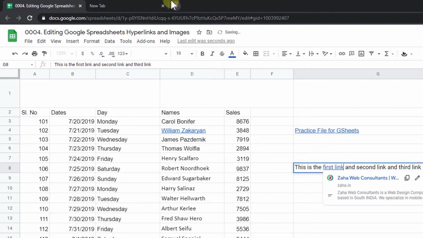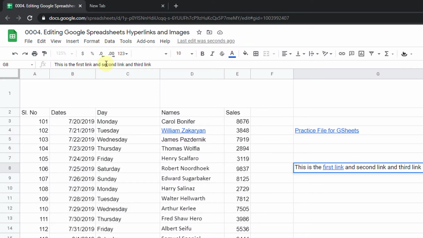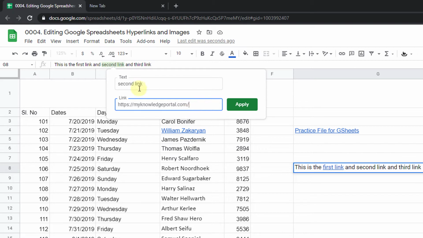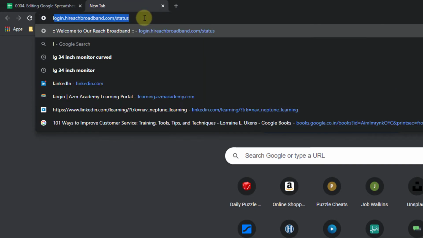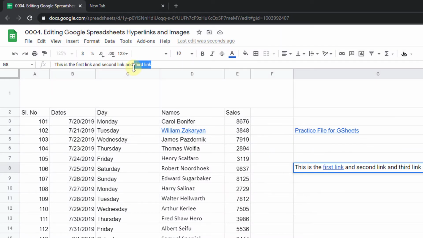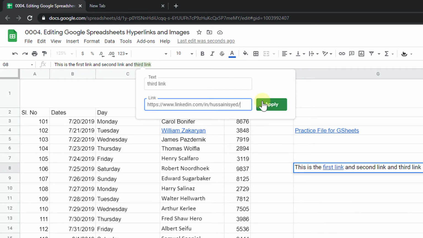Click apply. Now I will bring in another link of my blog. And now in the place where it says second link, I will paste that link after selecting that text. Press Ctrl K and I will paste the link in the link box. In the text box, I have the text where I want that link to be applied. Now finally, in the last bit, I will insert my LinkedIn profile. For example, this is my LinkedIn profile. I will select my text, that is third link, and press Ctrl K and insert that LinkedIn profile link, and